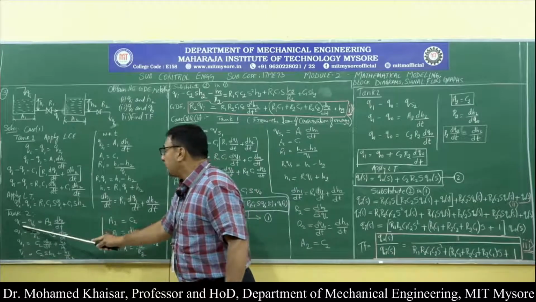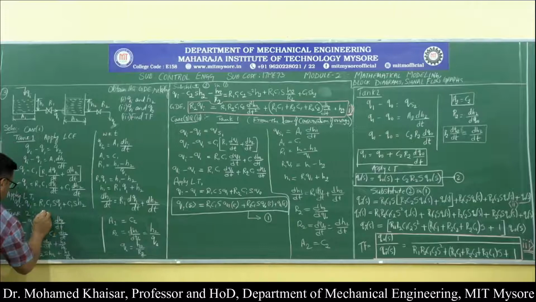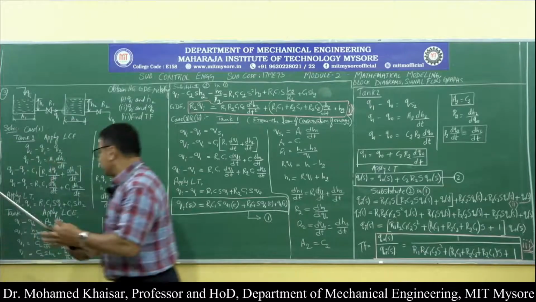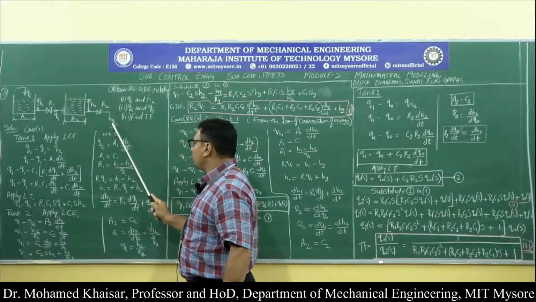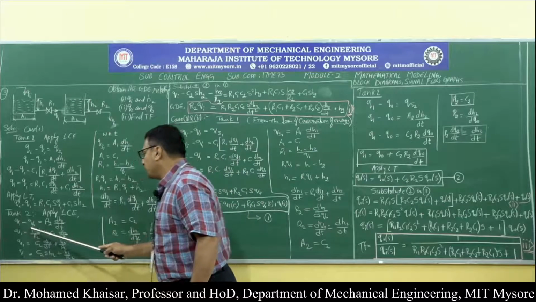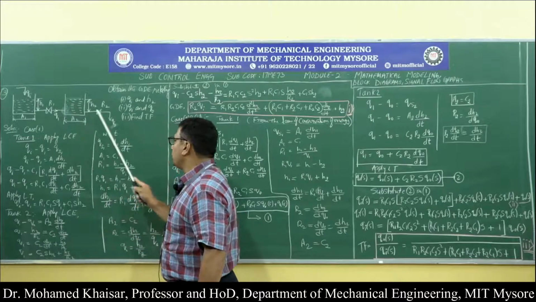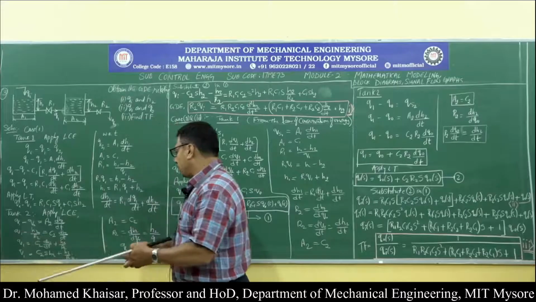Therefore, for tank 2, if you apply the law of conservation of energy, Q1 is the input to tank 2 and Q0 is the output from tank 2. Therefore, Q1 minus Q0 is equal to